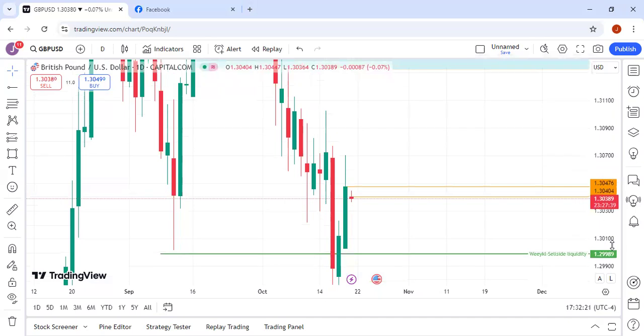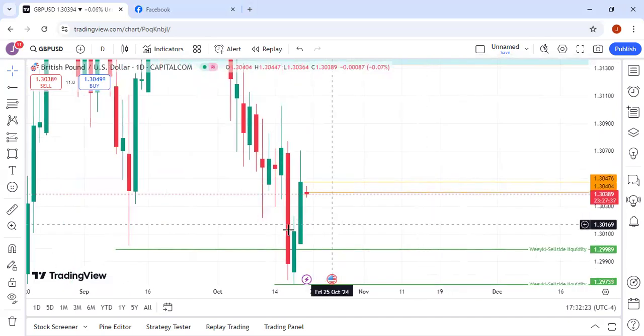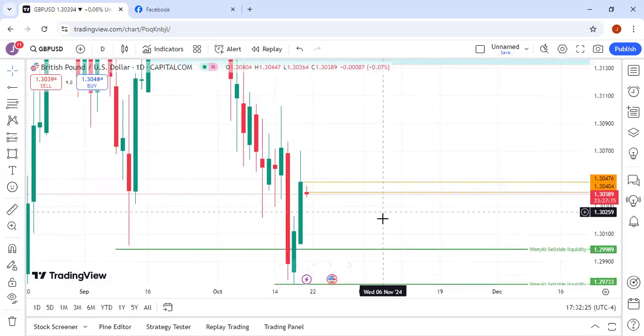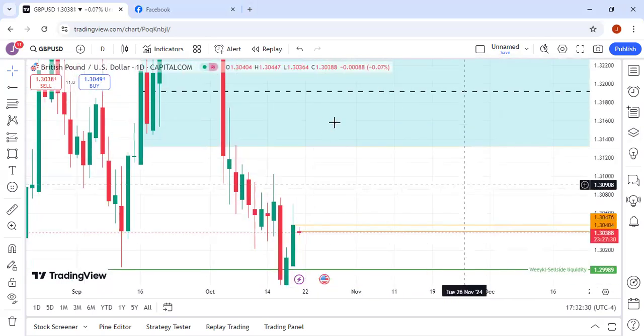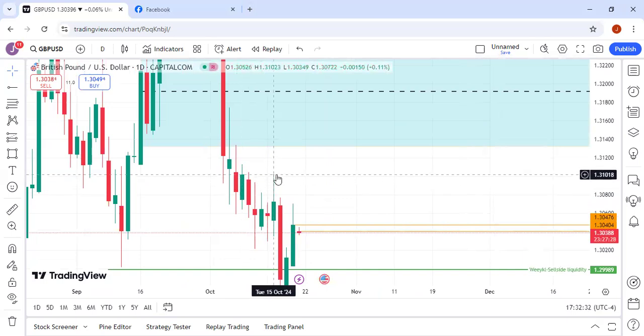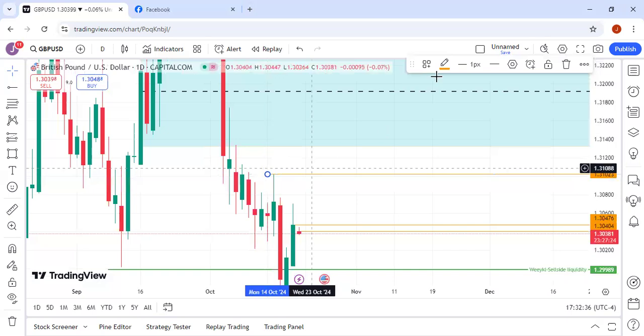So you discover that the gap of today is a bit larger. You will do these ones too at the same time so that you know where exactly price may be going to. So before this particular one, you discover that we have another low here on the daily. So this one is going to be a daily